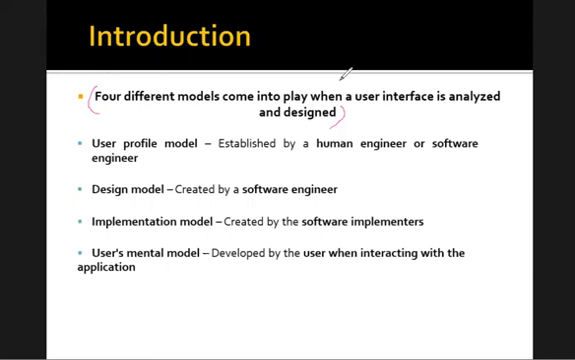Within one of the question papers, this statement was given and you had to write the answer. And so you need to remember this. If the statement is given within the question paper, this is the answer that you need to write. So what are the four different models that are going to come into play when the user interface is analyzed and designed? Whenever you're designing the interface of a particular application or analyzing the features, these four different models are going to be